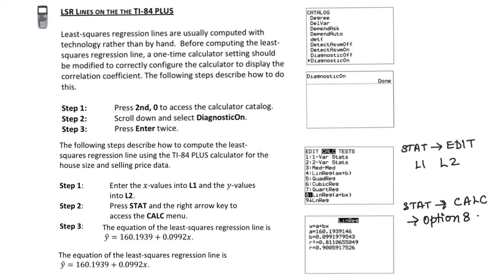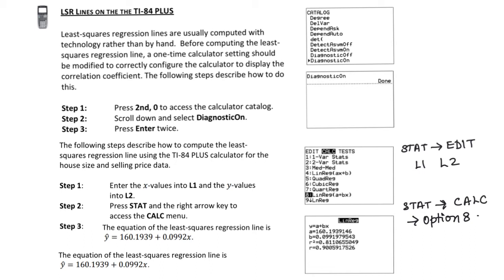If you are using the calculator, press stat, then edit and enter the values in L1 and L2. L1 represents the x values and L2 represents the y values. After that, press stat again, then select calc, then option 8, that is the linear regression a plus bx form. So here a represents the y-intercept and b represents the slope. When you select that and press enter, you will get the values for a, b and r separately. Then round these values to 4 decimal places to write the equation of the least squares regression line.